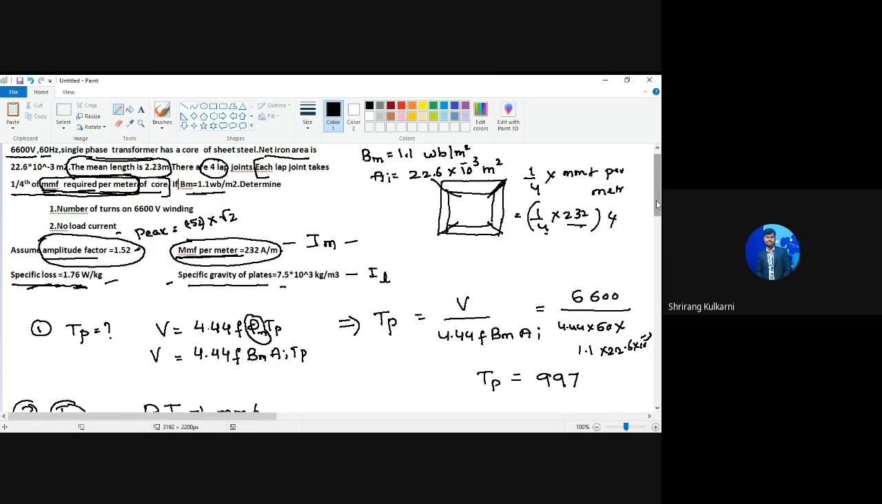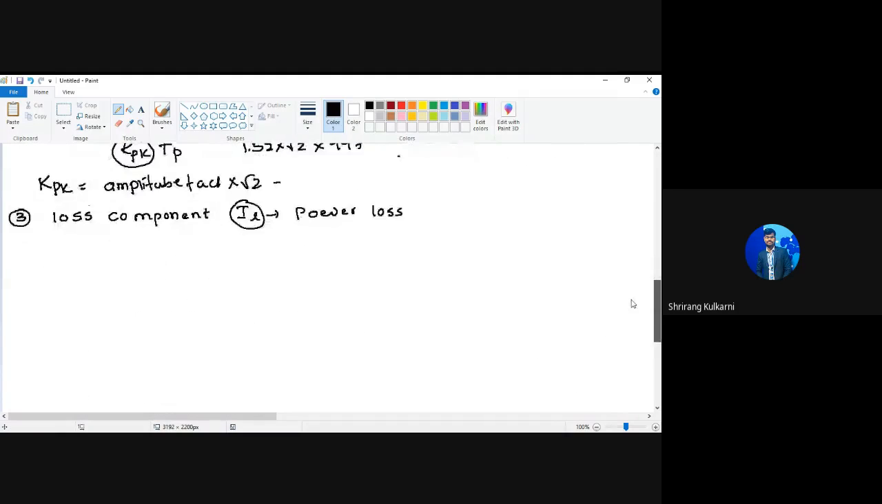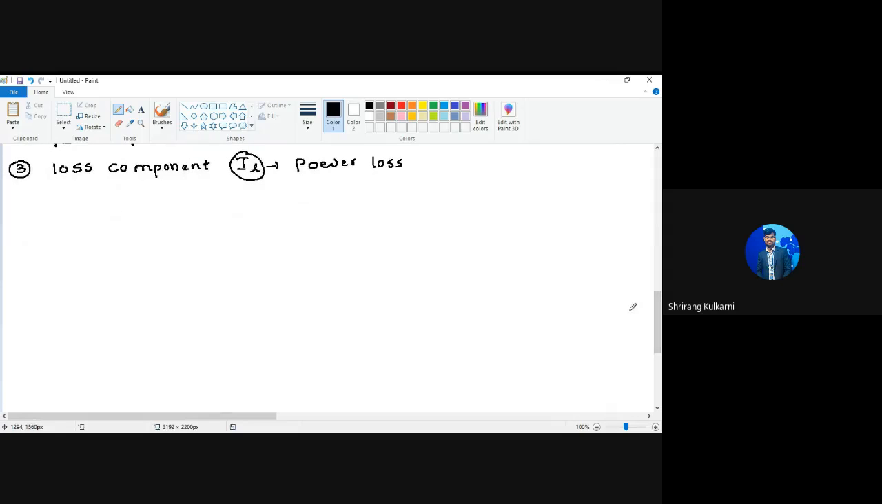So we shall check now. What is the relation between power loss, specific loss, and specific gravity? There is a relation between all these things. Using that relation, we can calculate the power loss. So power loss we can calculate with this formula. For the formula, you can say it is specific loss